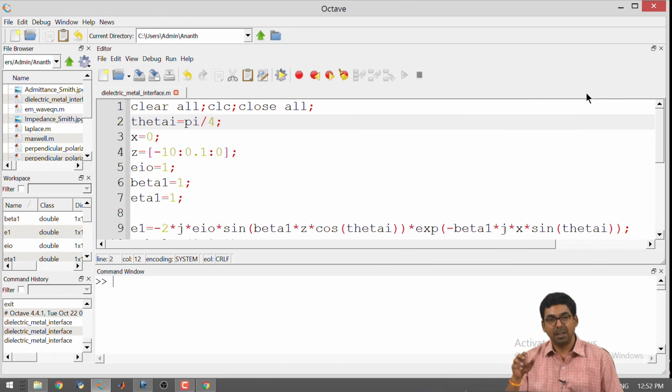If you do not do that, it is very tough to actually go back and draw with paper and pen, because you have to calculate so many things in the mind. So, this confidence you should have for all the perpendicular and parallel polarization: you should be able to figure out what is fixed, what is varying, and then find out the unknown quantity confidently. Okay. So, we will meet in the next class.